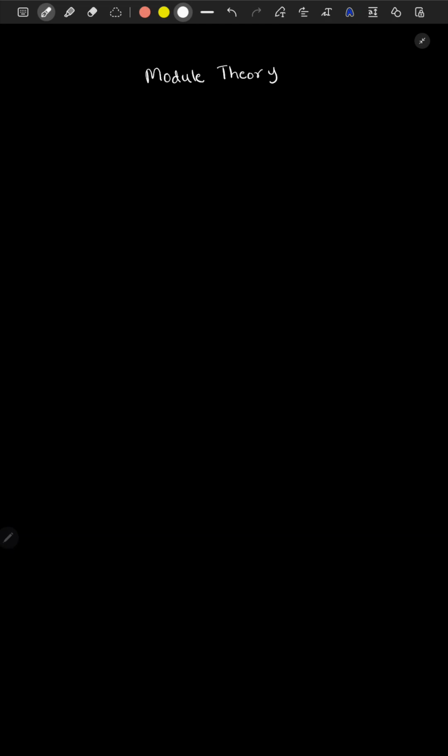So we begin by first specifying what is the definition of a module. So first thing is definition. To define a module we need two things. We need a ring R and a group M. So then if we have this, then we say M is a R module